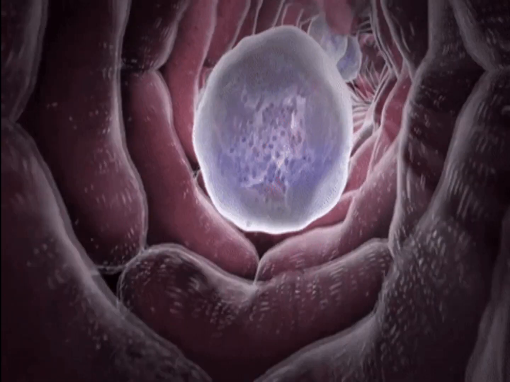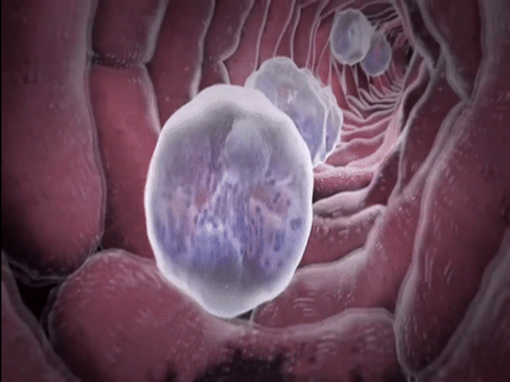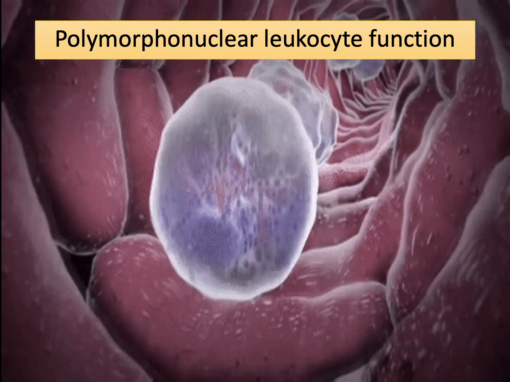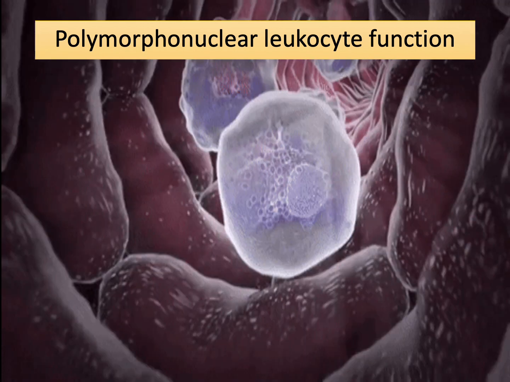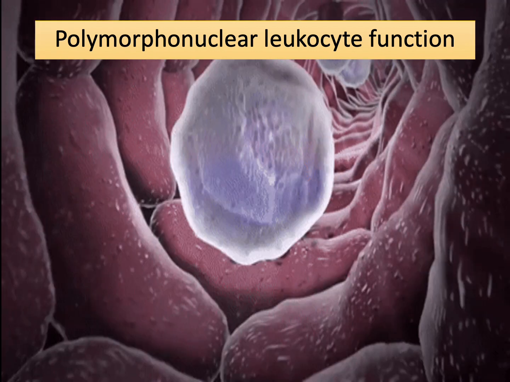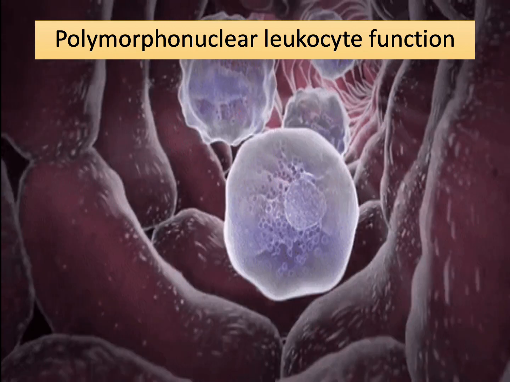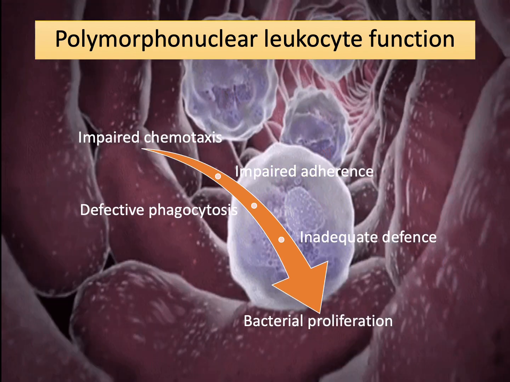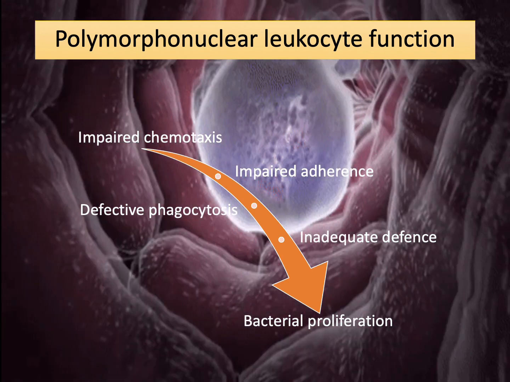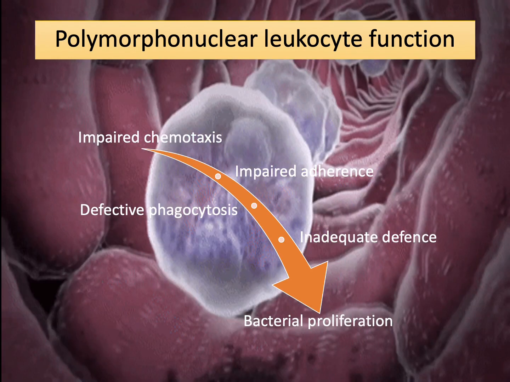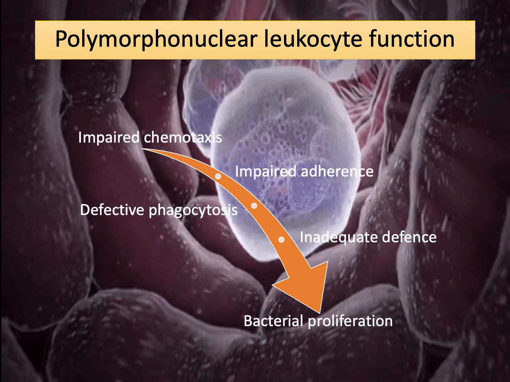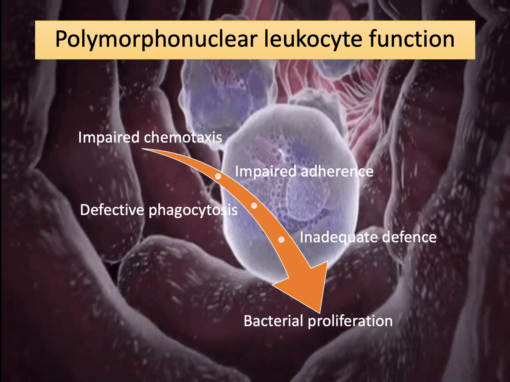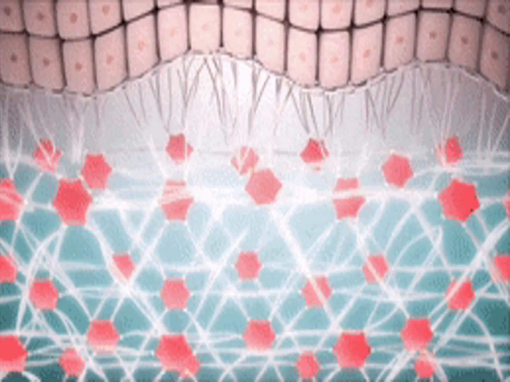The next mechanism is deficiency of polymorphonuclear leukocyte function. Diabetes patients are known to have PMN function deficiencies. This leads to impaired chemotaxis, defective phagocytosis, and impaired adherence. This defect of the polymorphonuclear neutrophils and monocytes leads to inadequate defense and thereby facilitates bacterial proliferation, leading to periodontal disease. The third link